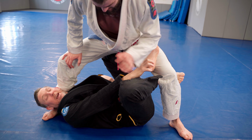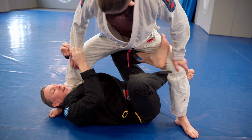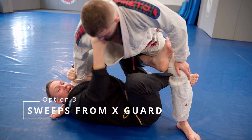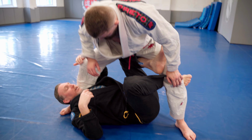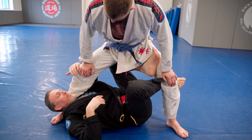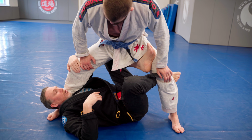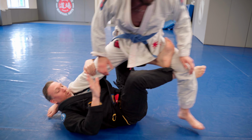So anyway, we're going to kick our partner back. Let's say I wasn't able to get hold of that back hand. There's a few nice options if we can get hold of this front arm, especially if we can get to this position, taking him over the top, but that's for another day. What we're going to look at last here today is kicking our partner away and coming up into a technical stand-up position. So again, we control the leg, lift our partner, kick away, and as we kick away,